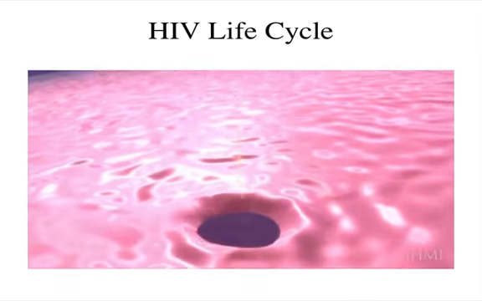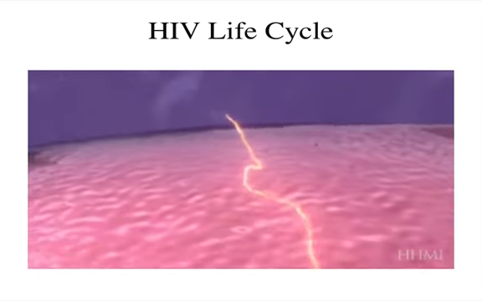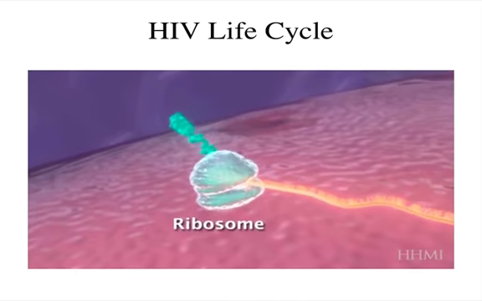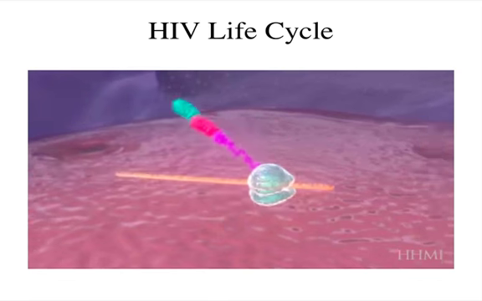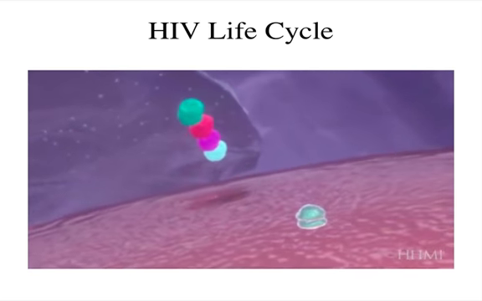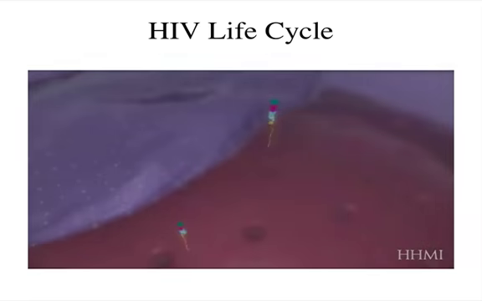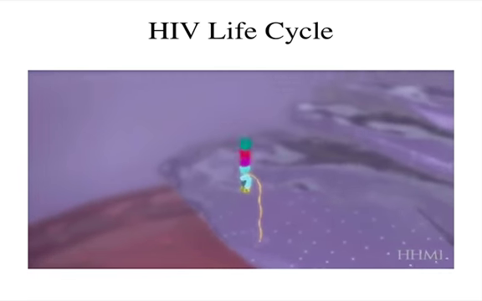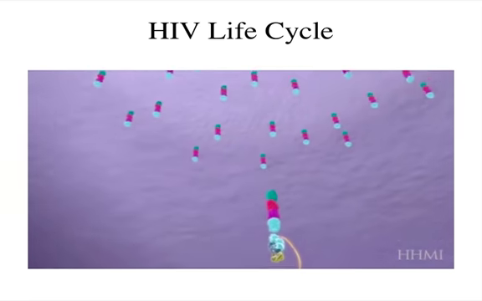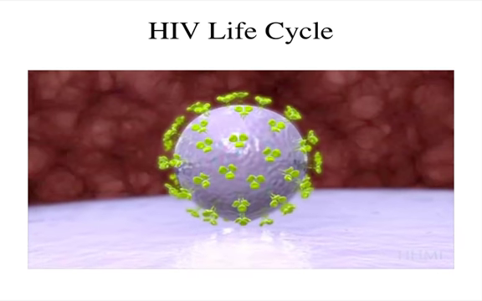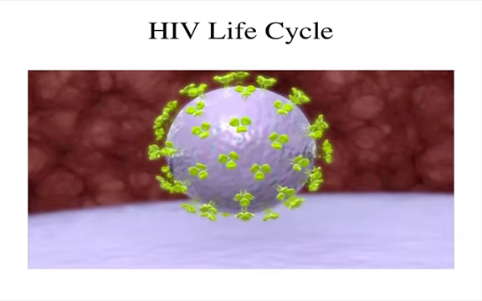At the same time, there are other messenger RNAs that are being produced that allow for translation of other viral proteins. So here are additional viral proteins being made, which are going to be used to make up the key components that the virus ultimately is going to need. These are transported again to the cell surface, to the area where these envelope proteins are, and a strand of RNA as well as some of the enzymes are part of that complex. This then buds off at the cell surface at this point,